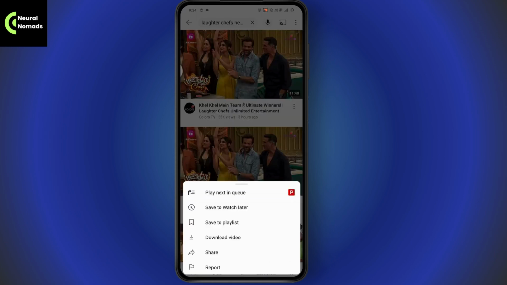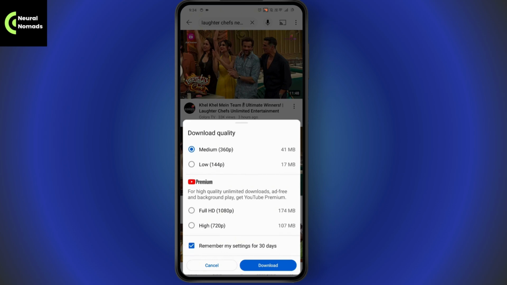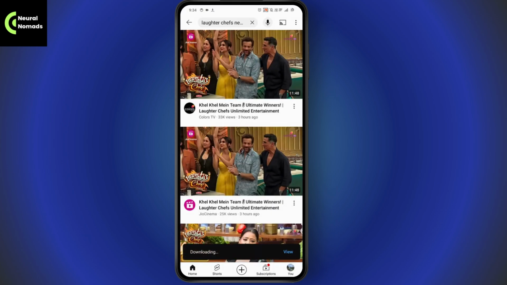And then go with the download option, and here you will have the download video option, right? So you just need to simply go with the download video, then you will get these options, right? So you can simply choose the download quality and tap on download. Once you tap on download, now while downloading, if your video is not downloading, then what you need to do